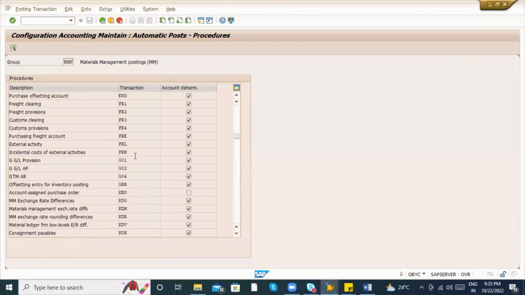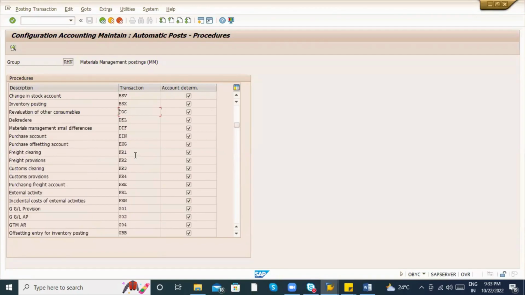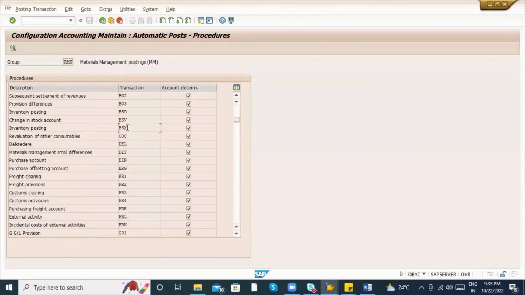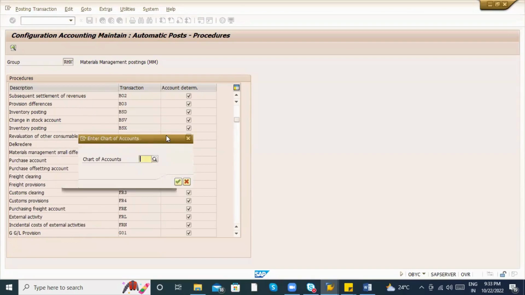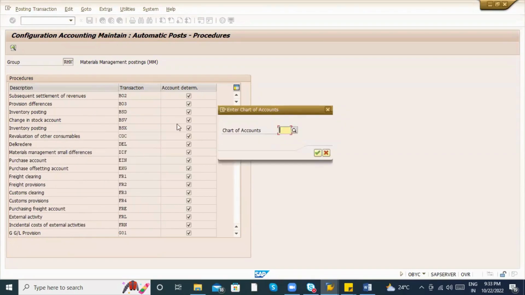So now let's go with any one transaction event key first. I'm just going with BSX. Once you enter BSX, what is it asking? You want to set up the GL account for this stock account entry. But tell me which chart of accounts. That means which company code you want to do. Every company code has a chart of accounts. Multiple company codes can have a single chart of accounts. So this chart of accounts has the